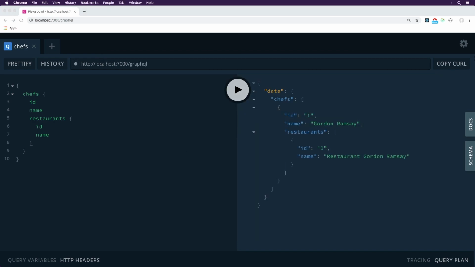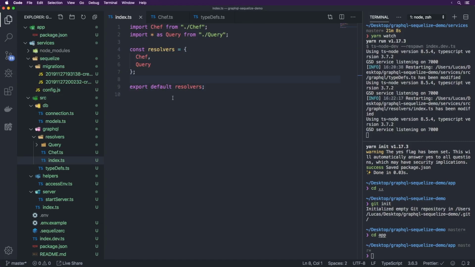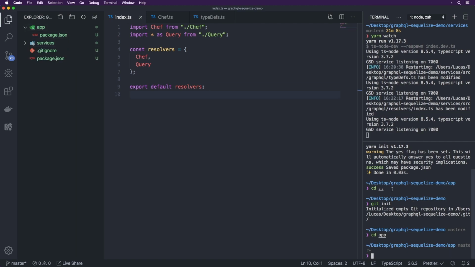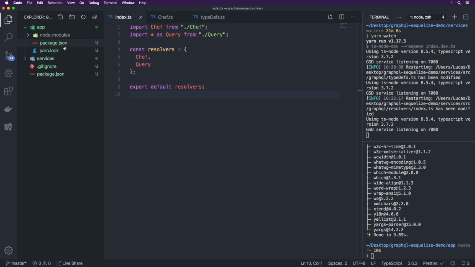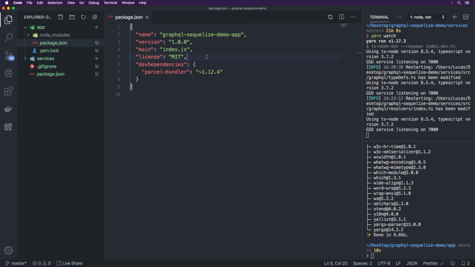So now that we've done this, let's go back into our code over here. We have the ability to fetch the chefs and also the ability to fetch the restaurants. So we're going to leave the services as is like this for now, and we're going to go back into our app. Specifically our app over here, we're going to first get Parcel set up. So first we do yarn add -D parcel-bundler, and let's go into package.json over here and let's add in